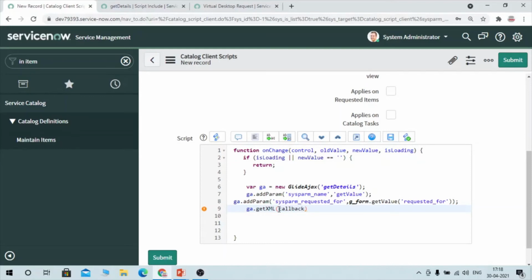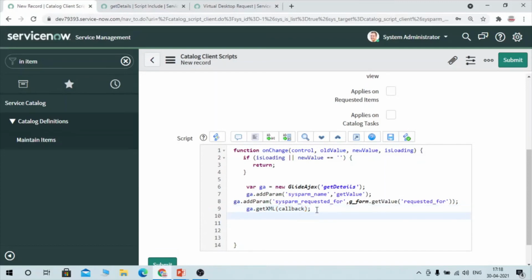What is the advantage of a callback function? We use the callback function to return the result from the server side code asynchronously. That means whenever the result is ready, it will be returned. It will not hold up the execution of any other client script. Whenever the result is ready, it will be displayed or passed.